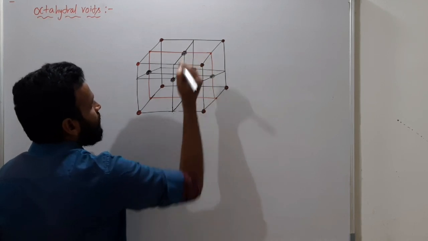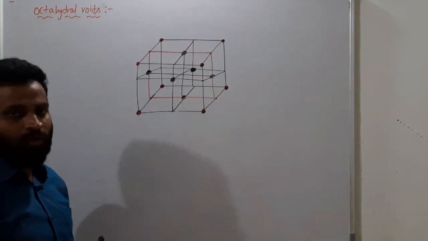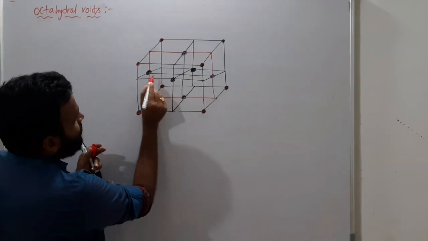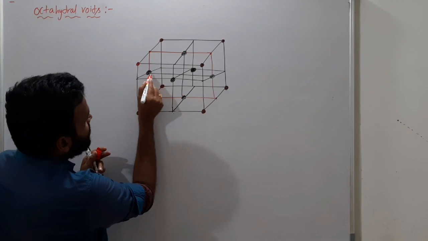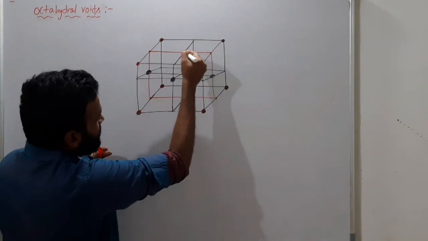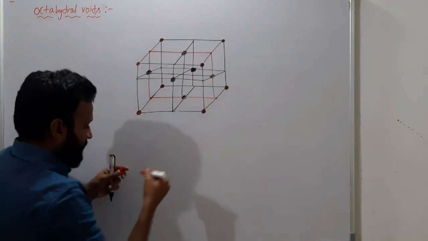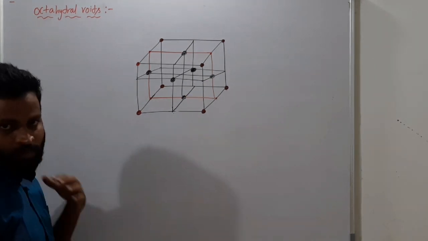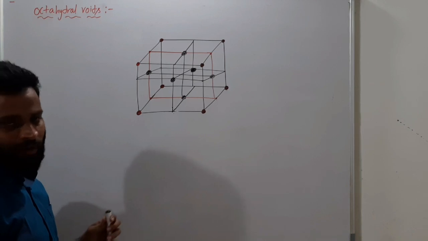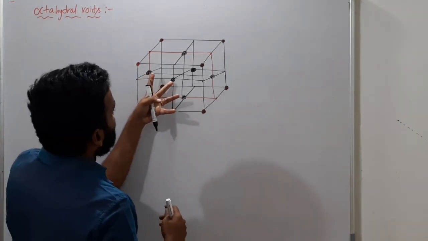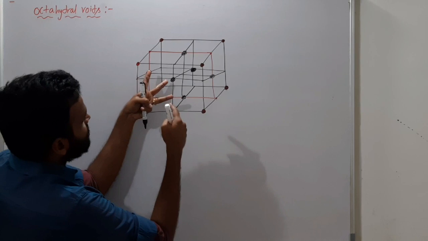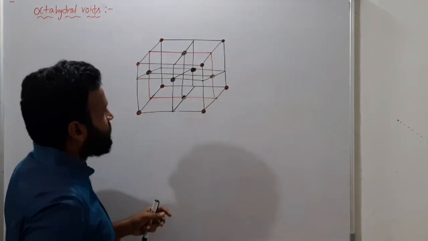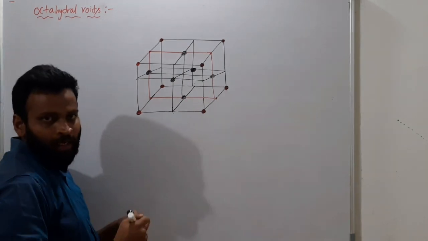Okay, what are the face center atoms? Now, just observe carefully. Just this one and this one and this one. You just connect. And this face center atom, this face center atom, this face center atom, you connect. Definitely, you will have one octahedral void. See this. These three, one. Just observe these three fingers, 1, 2, 3, and these three. So between them you have a free space. Actually they are three-dimensional. Understand it?